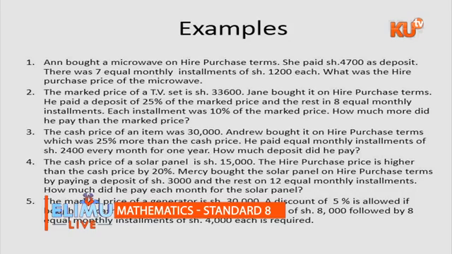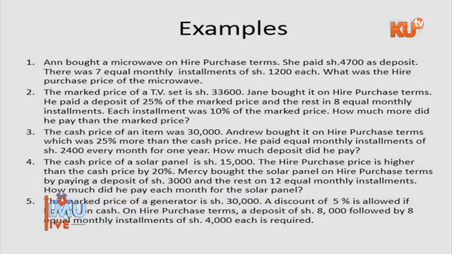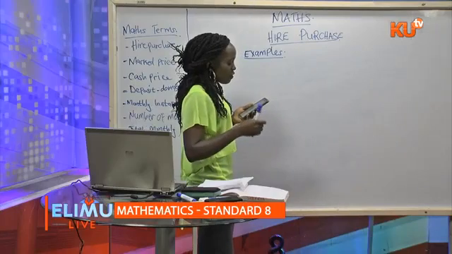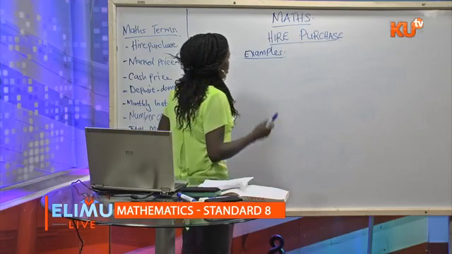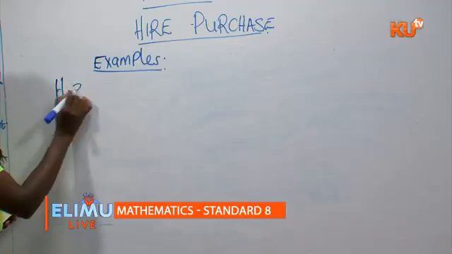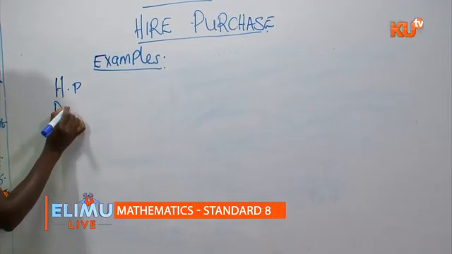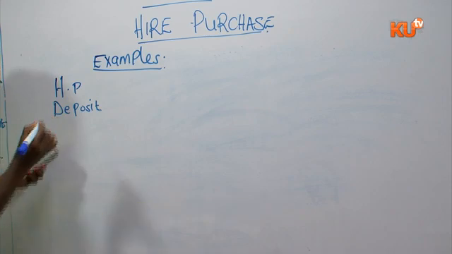Very good. So the first thing I've said, you read the statement or whatever you have been given. And then number two, try to break down in form of sentences. Read one sentence after the other and write down what they have given you. We start with the first sentence. Anne bought a microwave on hire purchase terms. So in our minds, we know that this person bought it on hire purchase terms. She paid 4,700 as deposit. So we start writing. She bought it on hire purchase terms, and then she paid a deposit of